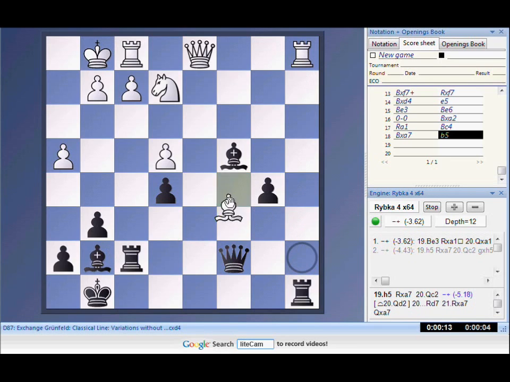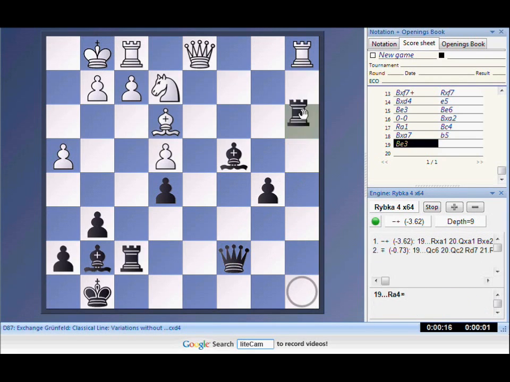So after the bishop moves, say to e3, which I think is pretty much forced if you want to keep the bishop, after rook takes a1,